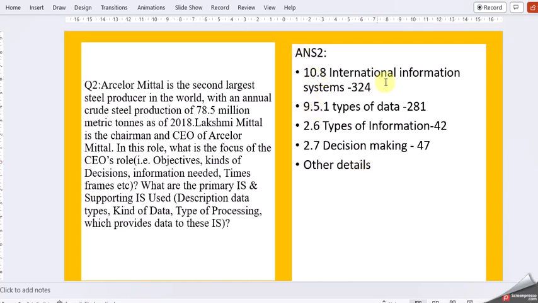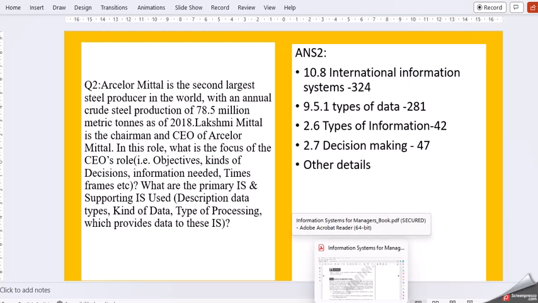Starting from chapter 10, International Information Systems, you can try it with that. Then move on to chapter 9 and chapter 2. Also you have to go ahead and find external sources. Refer to some sources, try to understand, and then write it in your own words. I just want to mention that do not copy any content, even a single line. Please do not copy it into your assignment. Type it in your own words. Sorry. So let us see how we are going.